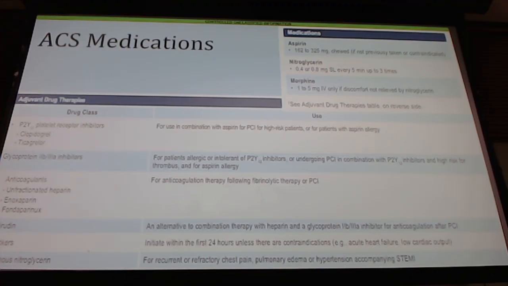Now, the medications that are included as part of your American Red Cross algorithm for treatment of ACS, this is what it looks for. So, aspirin, okay, they want you to do 162 to 325 milligrams chewed. This is important. You want the chewable aspirin for this. You don't want that daily baby aspirin that's enteric coated, because you want something that's going to act quickly, right? So the chewable aspirin is going to be important to have, not the enteric coated.